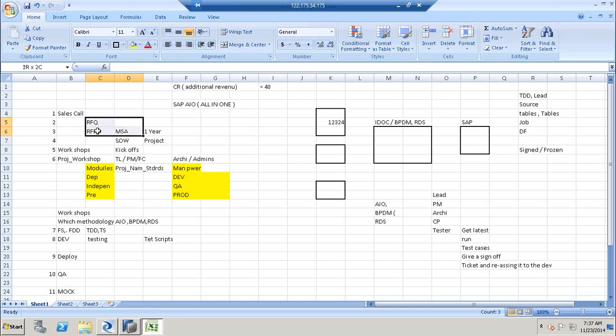Both PM and technical guys will be working on this, and PMs or LCs, I don't see much difference in the roles. Both of them play alike. So they go and write these MSAs. It's not something new. Every company will have their own master service agreement pattern or template document. We'll go and fill those templates and follow them,